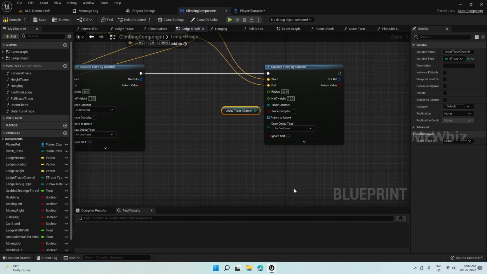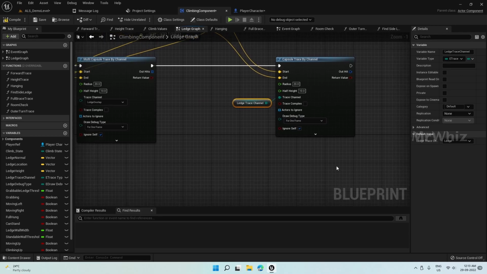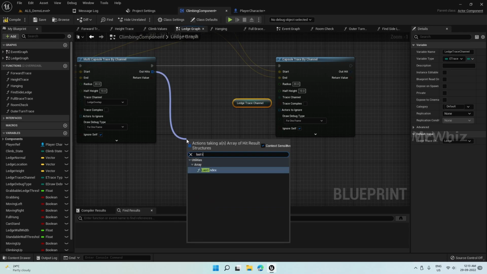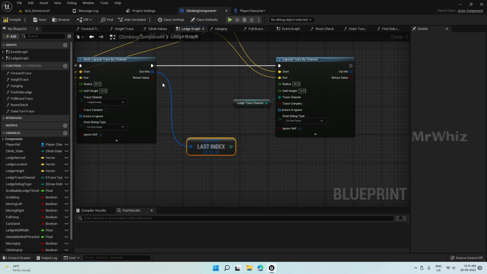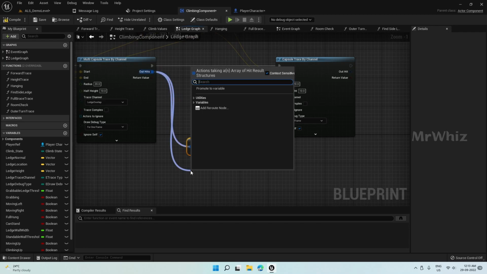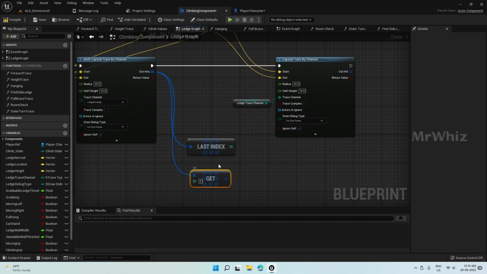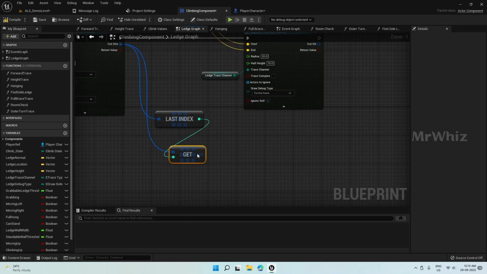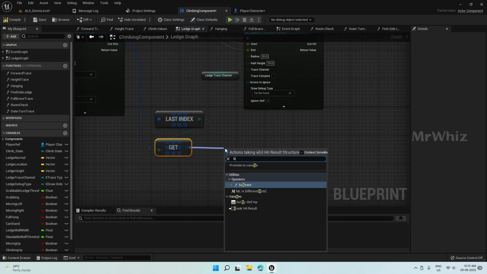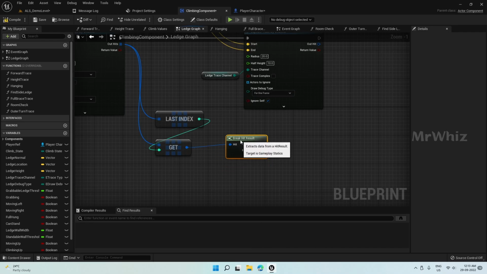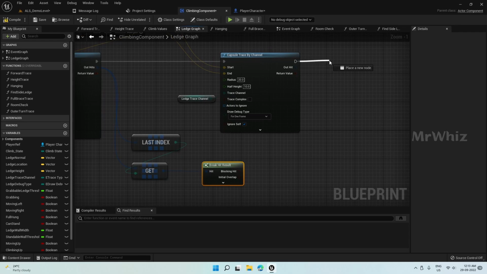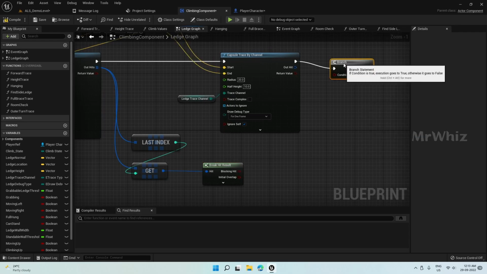We will later connect to our variable which we have created, and take the last index, get a copy of the last index, then break this hit result, and if this is hit, branch